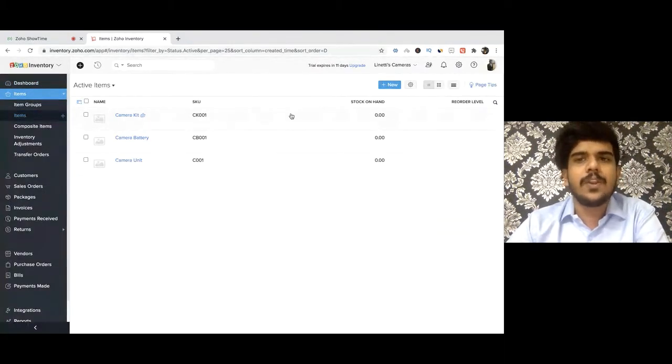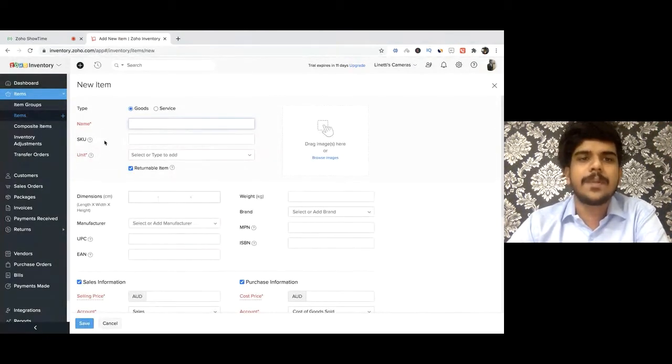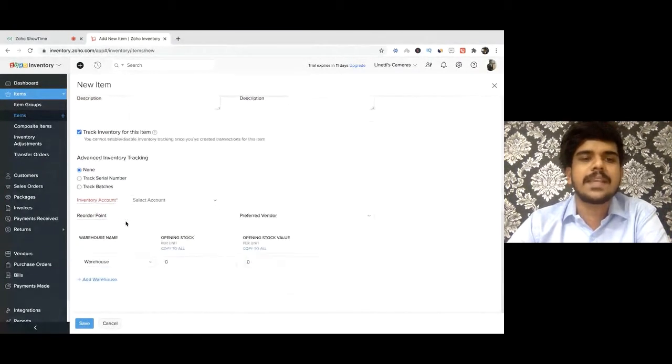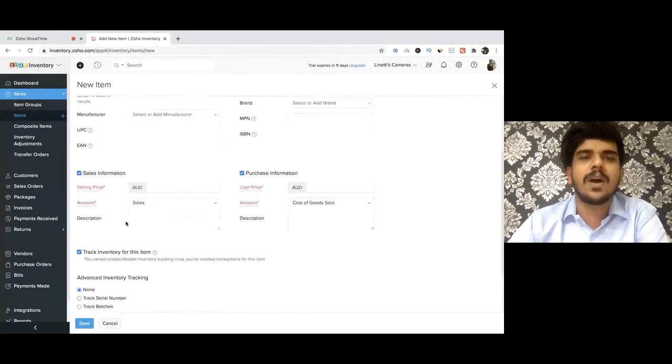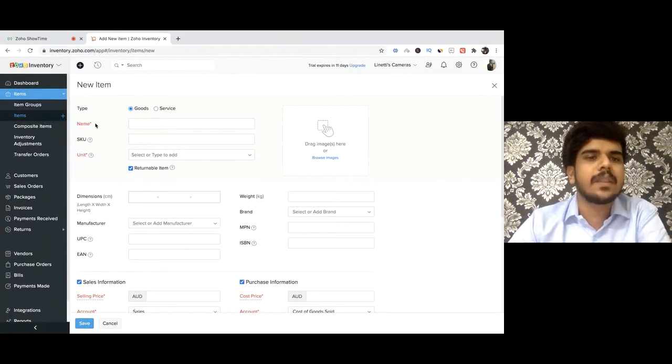In order to create a new product within the application, click on the add new option on the top right corner, where you will be able to populate all of the basic information about the product and click on save to create this item within the application. With a quick glance, you would have noticed that certain fields are in red color. The reason for this is for you to know that these fields are mandatory. So you will have to populate these fields in order to save the record within the system.